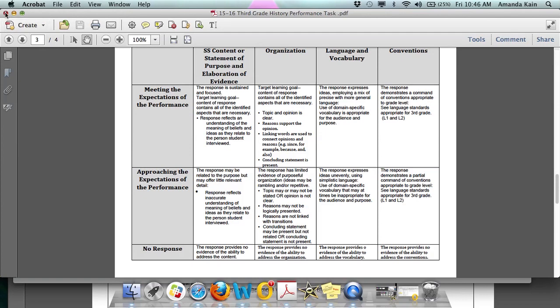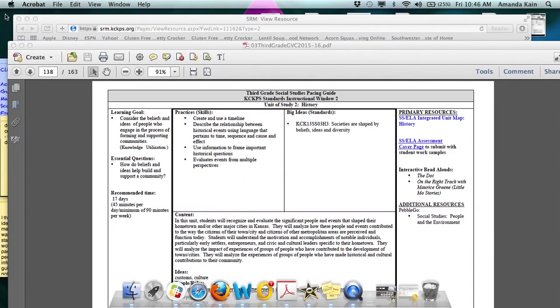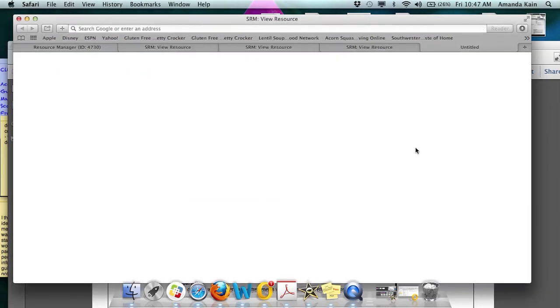We showed you how to find those in our previous screencast, but remembering those are accessed through the table of contents within your GVC guide. The last thing to kind of know is that for each performance task you give, you'll be submitting 2 samples to the curriculum department that both meet the content or meet the expectations of the content as well